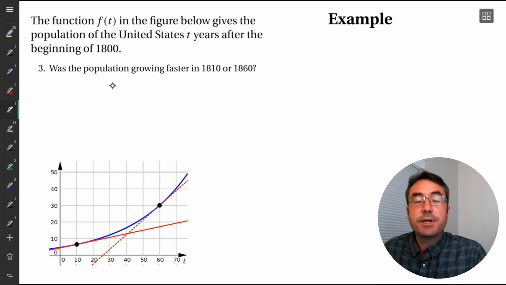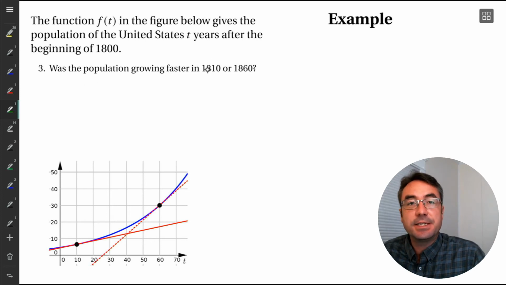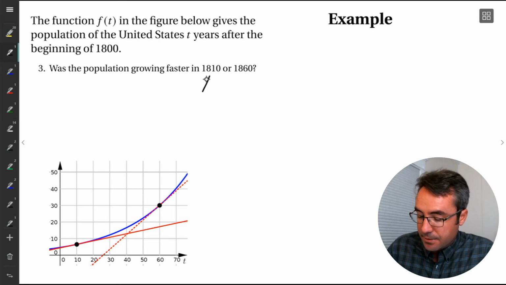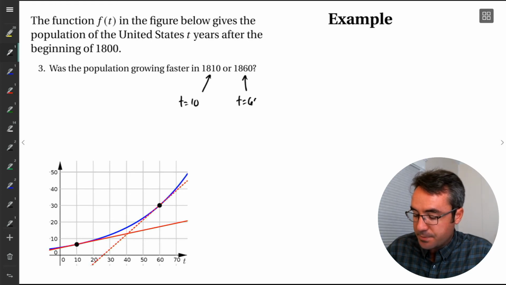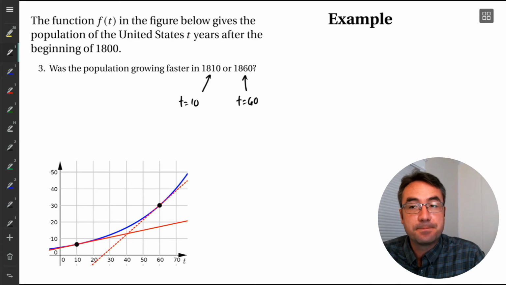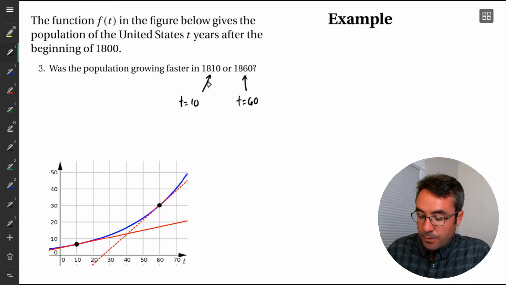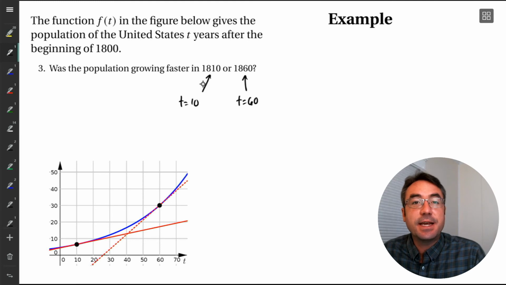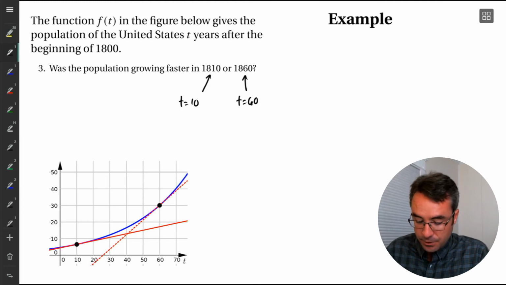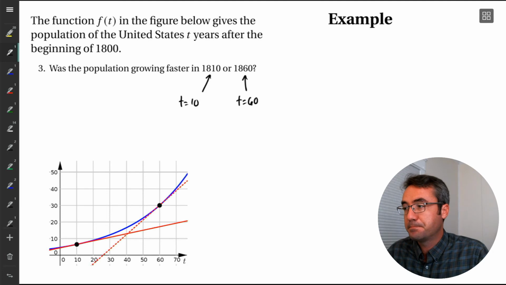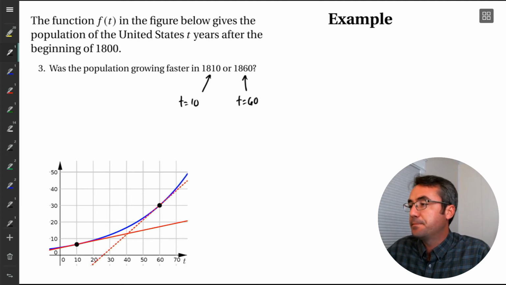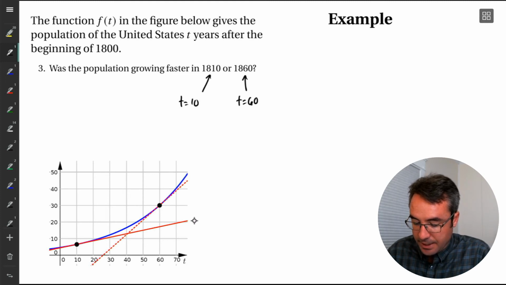Let's decide, was the population growing faster in the year 1810 or 1860? So again, 1810 would correspond to t equals 10, and 1860 would correspond to the time value 60. And so what we want to do is determine the instantaneous rate of change in the year 1810. So we would plot the point there, which looks to be right around here. And then we draw in the tangent line. So this is our tangent